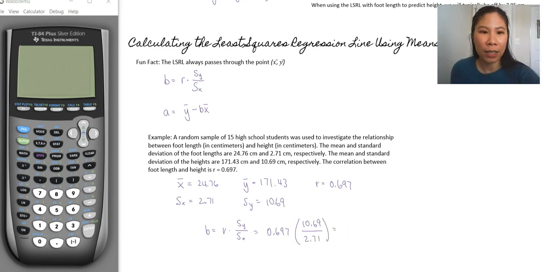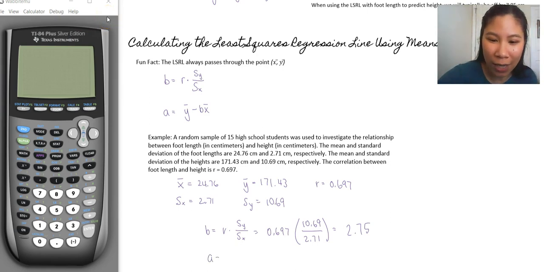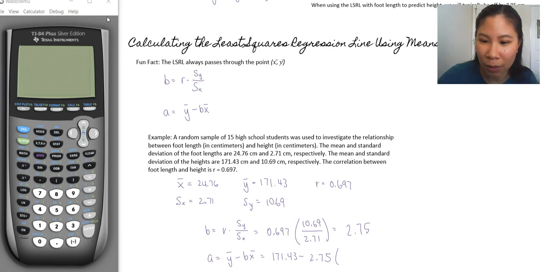Calculating that out, I get 2.75. Then I can use that to calculate my a, my y-intercept. The formula is y bar minus b times x bar. So y bar is the mean of the heights, 171.43, minus the b value I got earlier, 2.75, times the mean of the x variable, 24.76. And calculating that out, I get